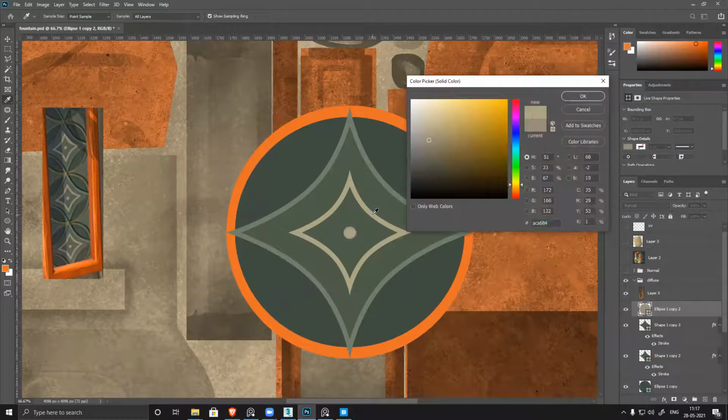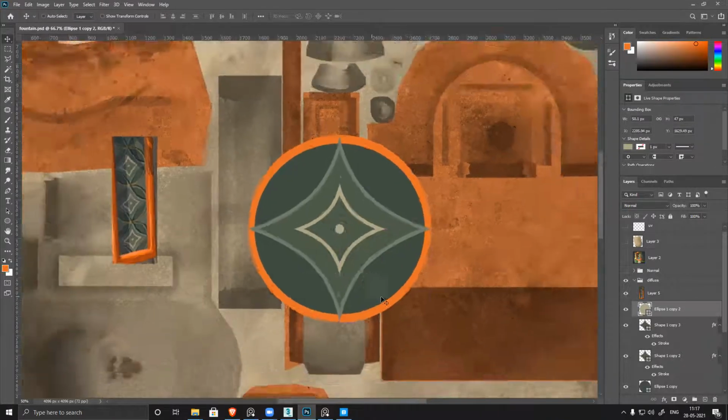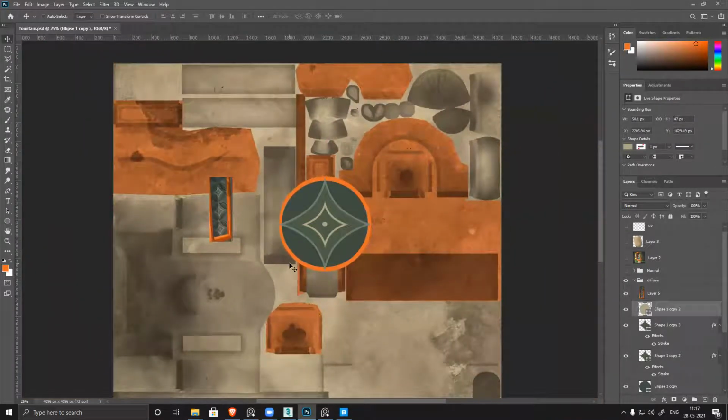And if I want, I can match the color. These two look exactly the same. So my basic pattern is ready. I just recreated the pattern. For texturing in Photoshop, you have to manually create everything and make sure it matches the reference. So pick the color and everything from there only.